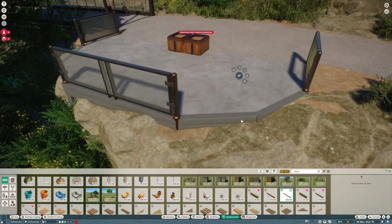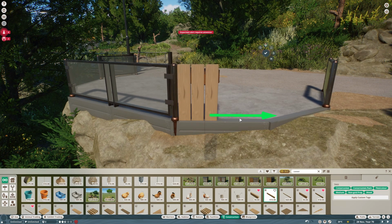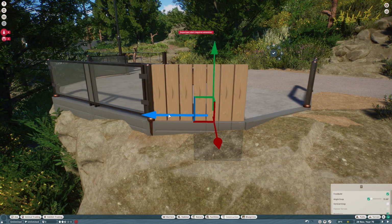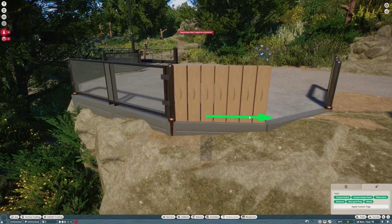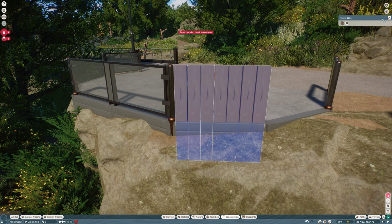Cheeky little log getting stuck in the habitat there. I love these fallen logs. They really add quite a lot of character to a habitat. But I start off by just placing them in a row next to each other, and then I just start messing around with the heights on them, and then start rotating some,